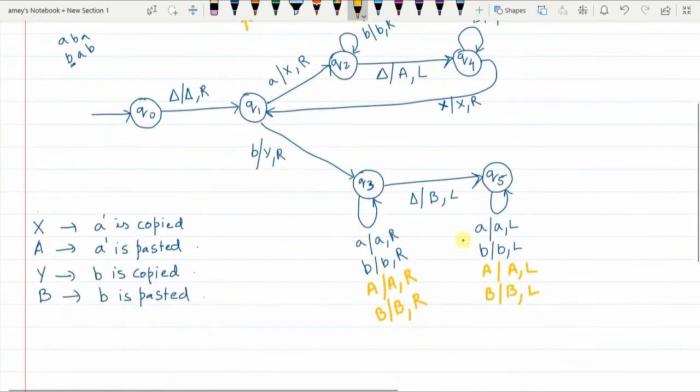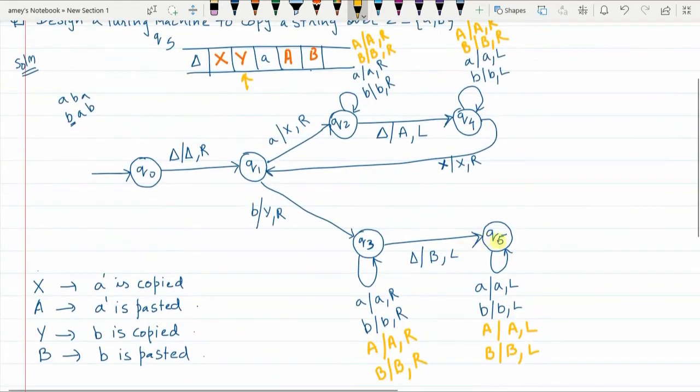Now in Q5 state, if capital A or capital X or capital Y is encountered, what it means in Q5 state when capital Y is encountered, it means that yes, here there was a small b which was copied in the previous iteration. So now my task is to copy the element which is on the right of this, correct? So you should go back till you reach the lastly copied value. Towards the right of it will be the current value that has to be copied.